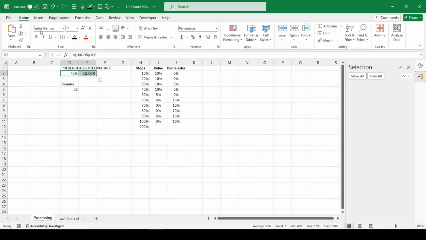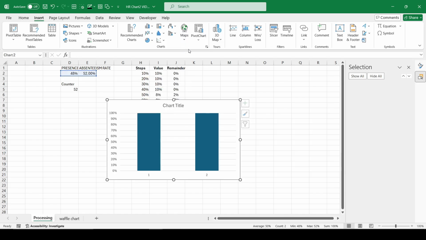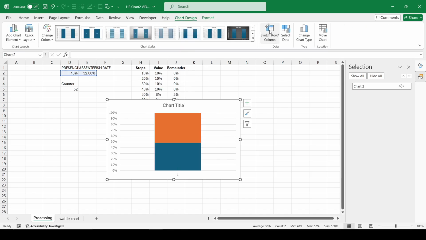Based on the initial chart values, create a vertical bar chart for informative composition of the waffle chart data visualization presentation.